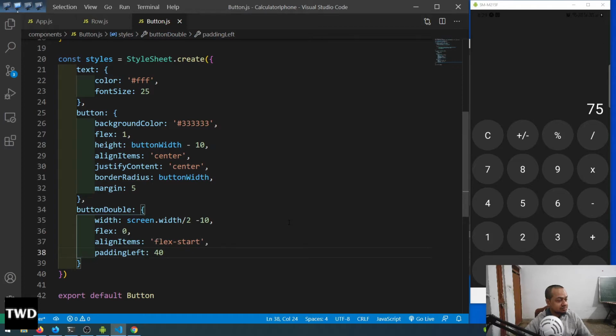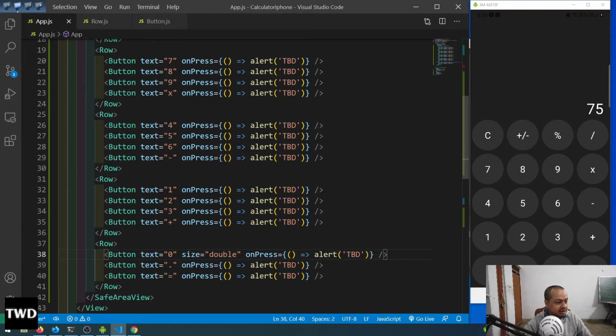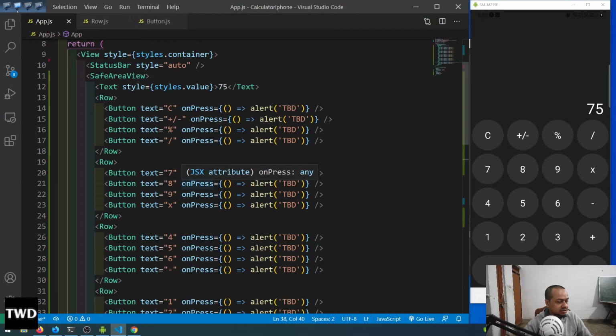So now next we'll update the color of some of the buttons, just like in the iPhone calculator some of them are of different color. So we are going to do that. So let me go back to my app, and there I am going to put another prop. So like see this things I will put the prop. So this will be theme equal to secondary,